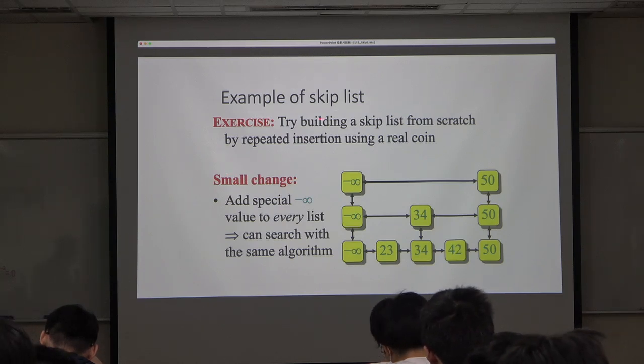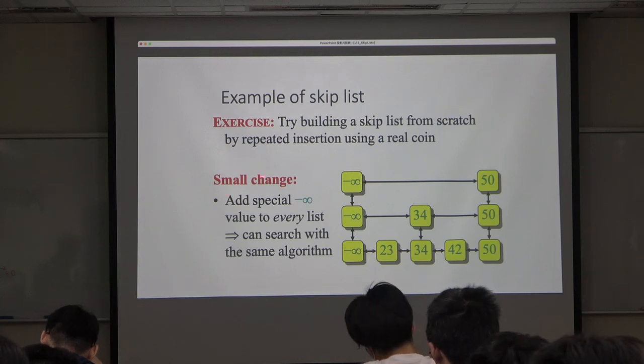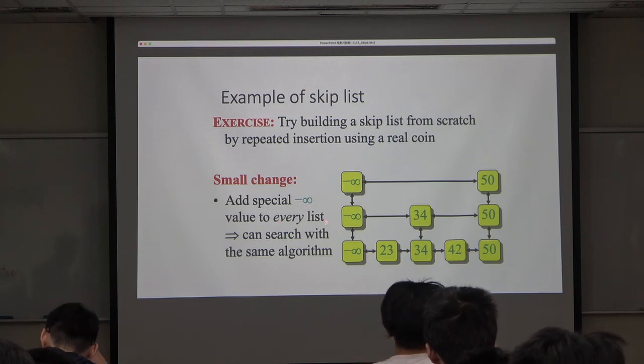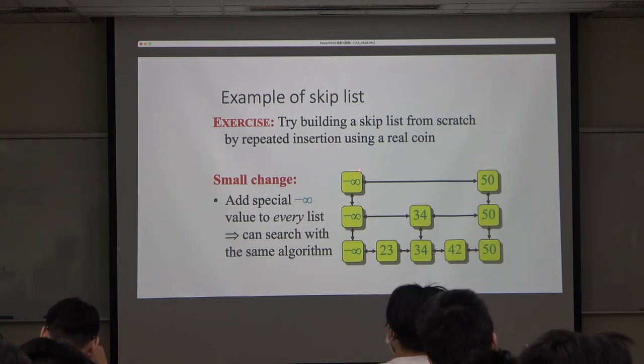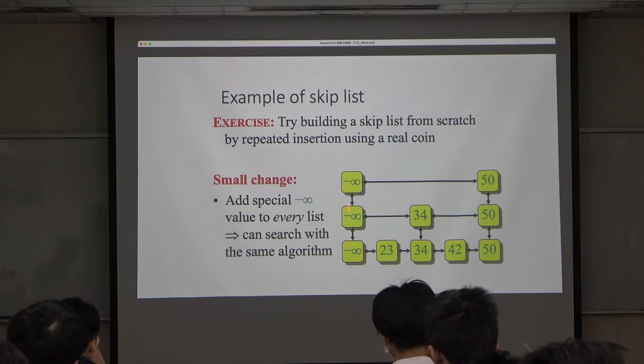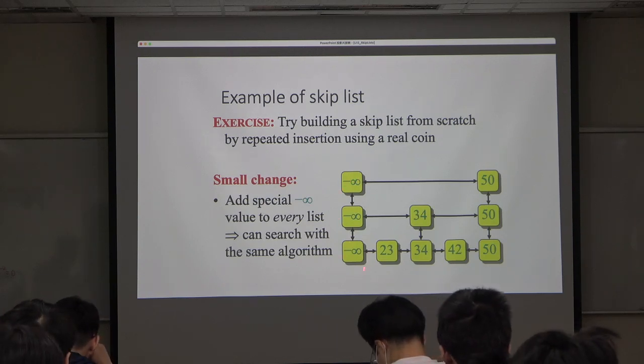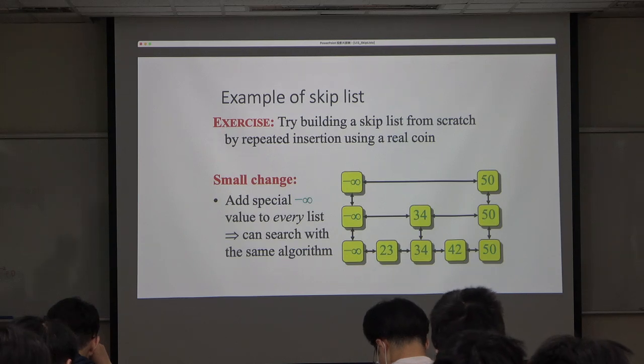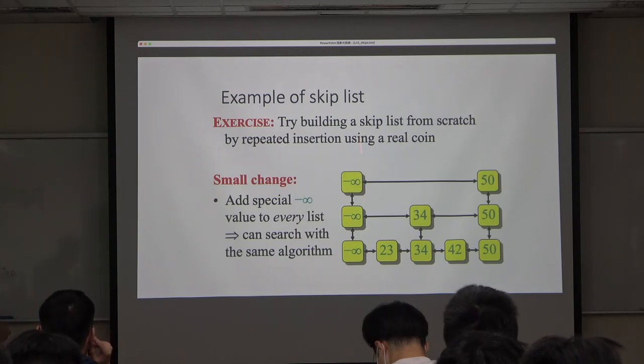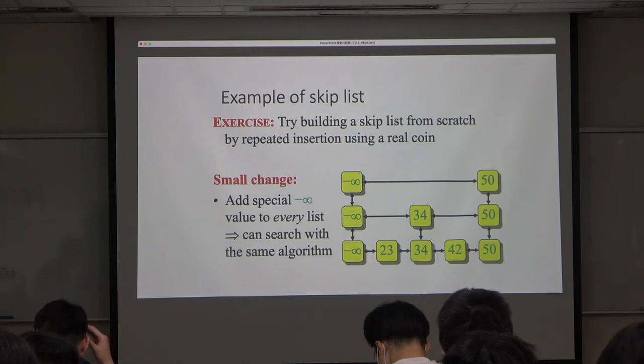But we probably want to make a little change here. We can add a special negative infinite value to every list, at the leftmost end. This will not affect your search algorithm, but this will come very handy. You can use that as a sentinel,